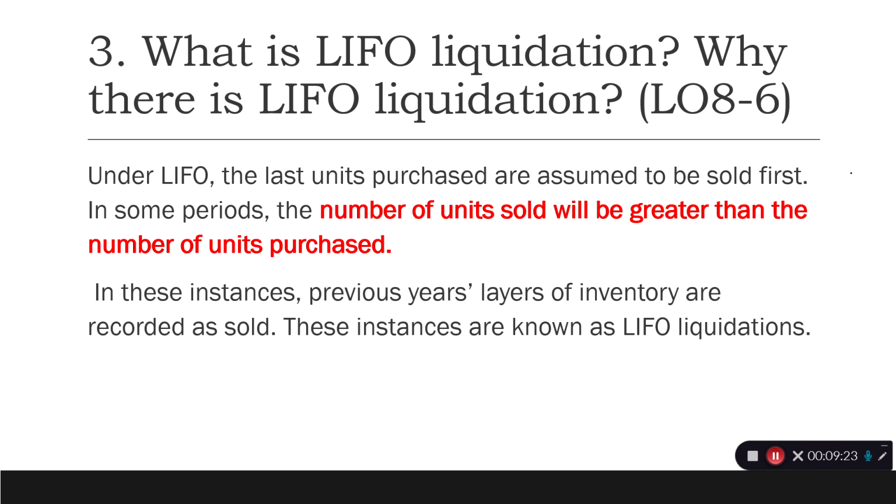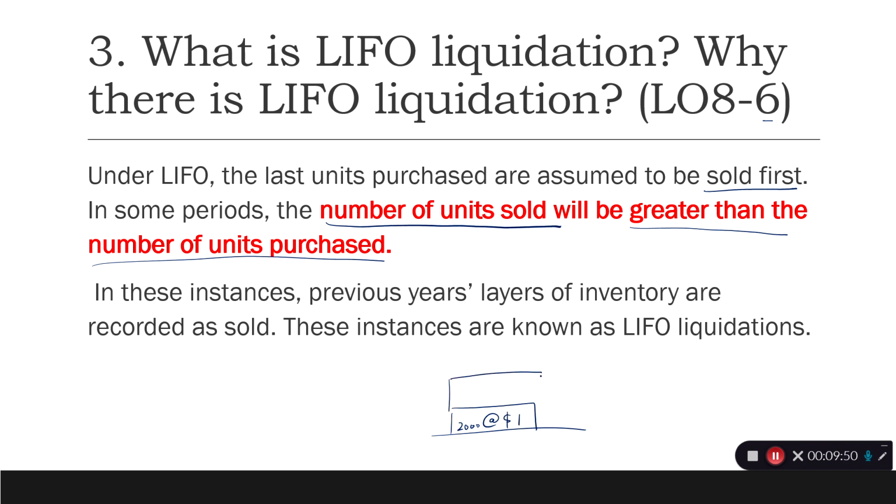So what is a LIFO liquidation and why is there a LIFO liquidation? This is learning objective 6. On the LIFO method, the last units purchased are assumed to be sold first. In some periods, the number of units sold will be greater than the number of units purchased. So if I have a layer of, let's say, 2,000 units at $1, and because the cost is rising, this was last year,